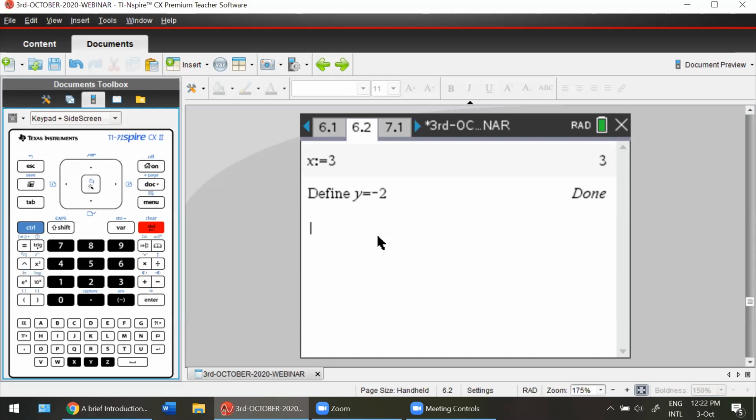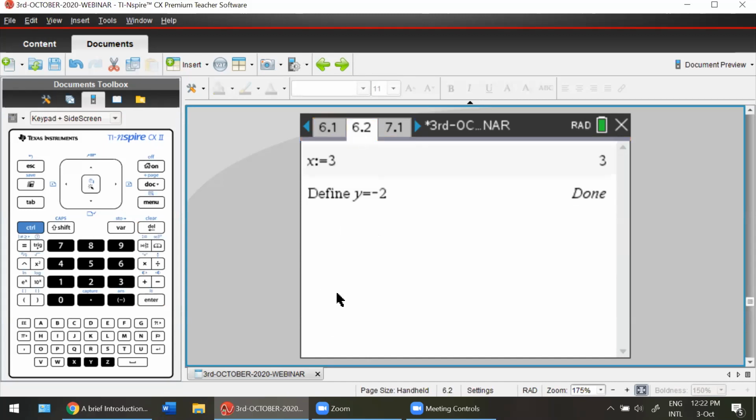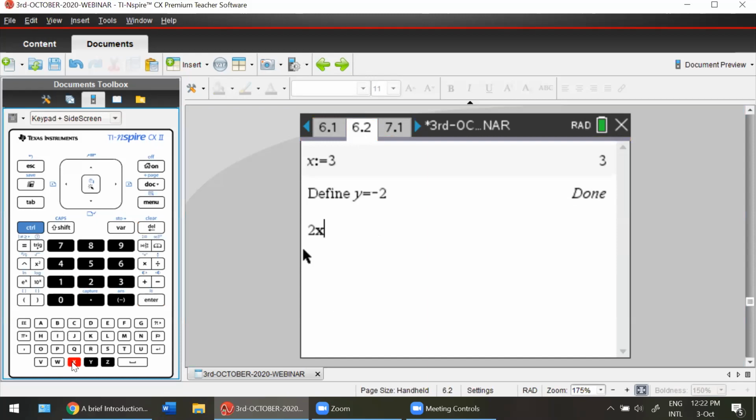Using this method, I would like you to give me an answer. So, ma'am, can you show the expression? Sure. So oh, I'm so sorry. It is 2x cubed minus x squared plus y. Okay. I hope you're typing 2x cubed, correct? Hit the power, hit 3.